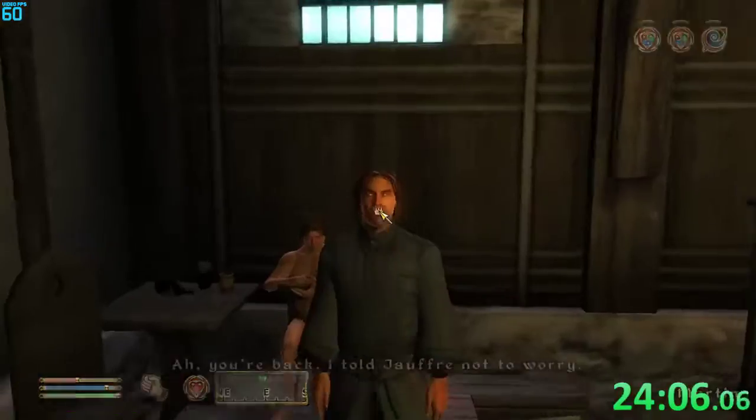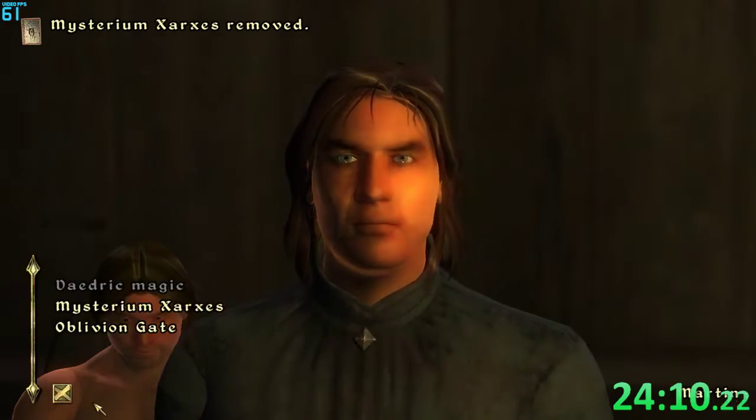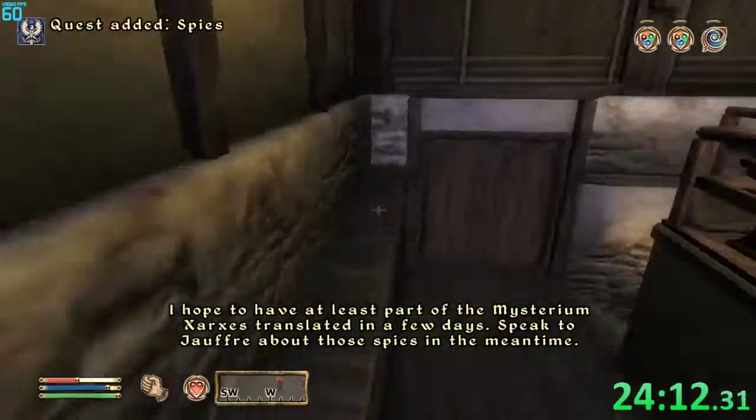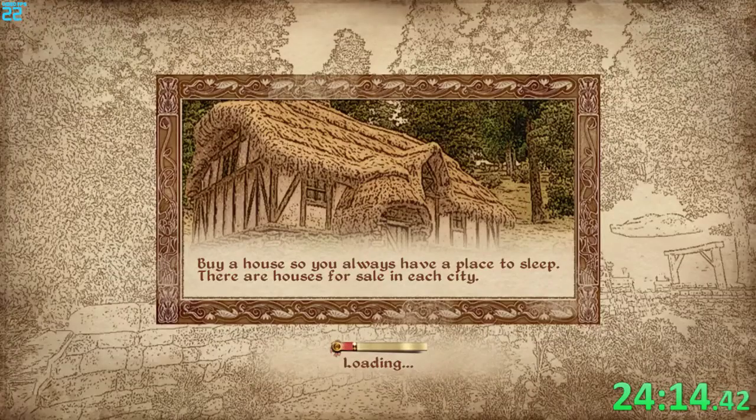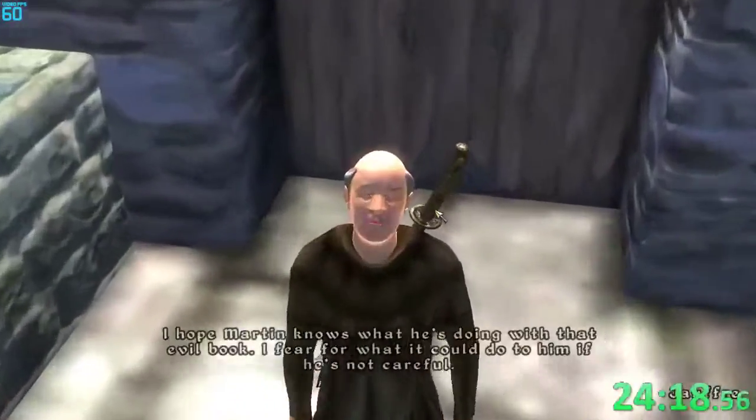This guy doesn't have clothes. This is the effect of using load warps, by the way. This is happening. We give the book to Martin, and he's gonna decipher it. But until then, I hope